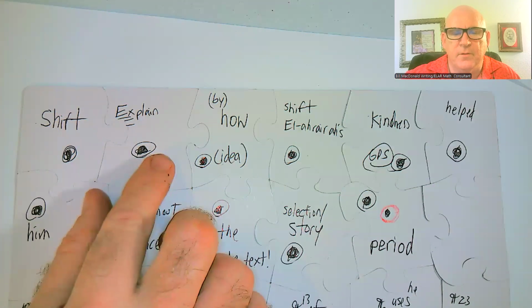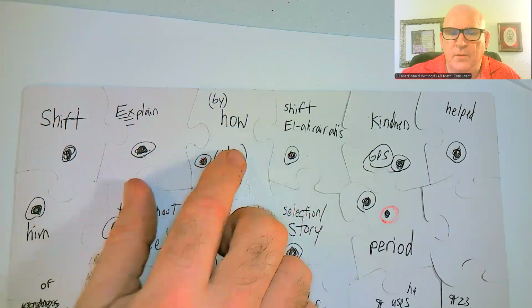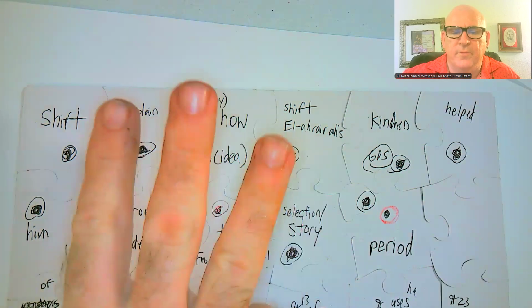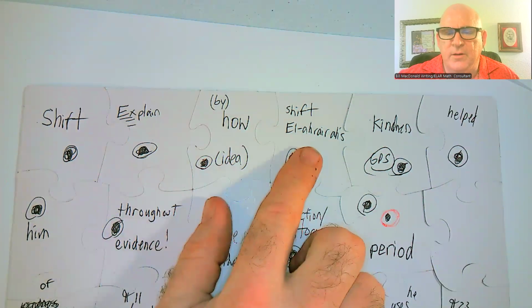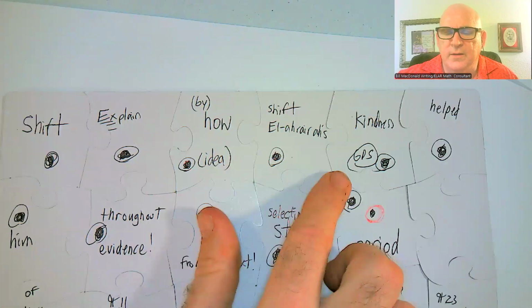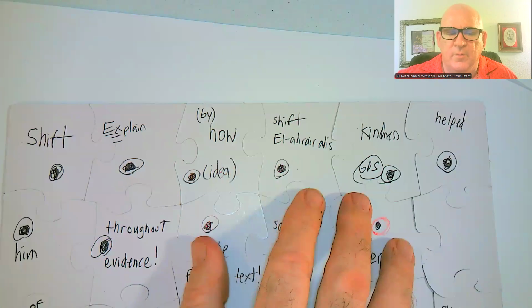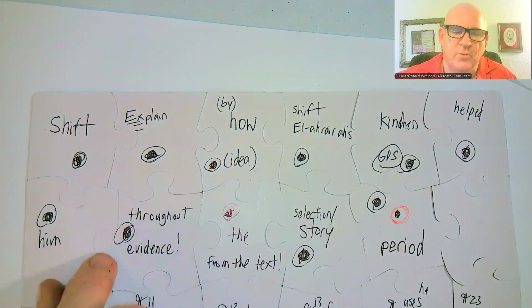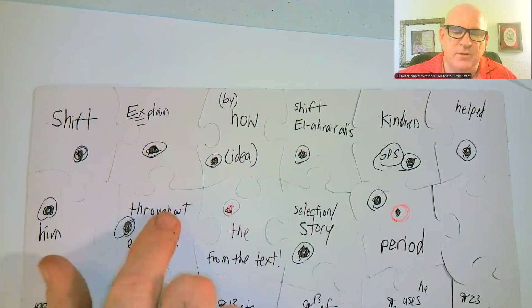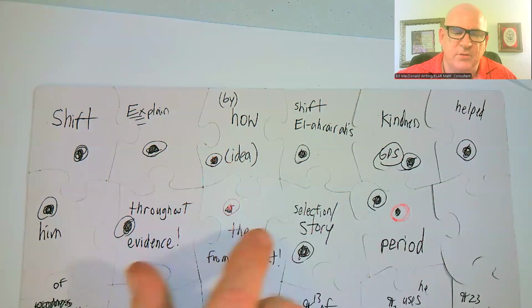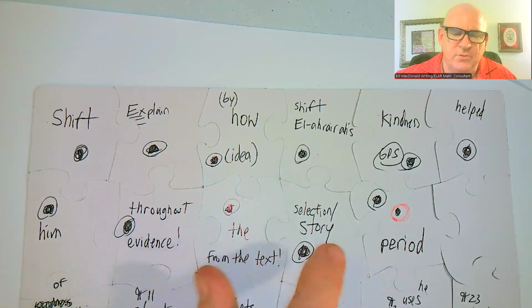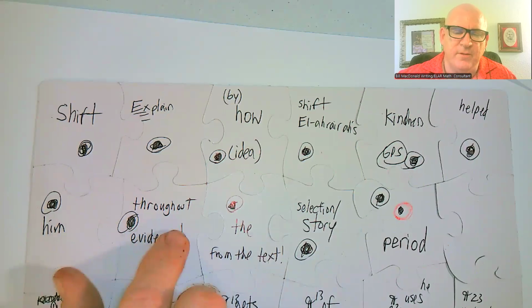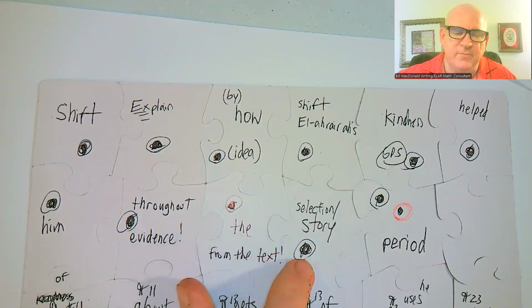Explain, prompt, how, the W, so how, Elira's, who, kindness, what, helped him, what and who, throughout the selection, throughout the story, evidence from the text,